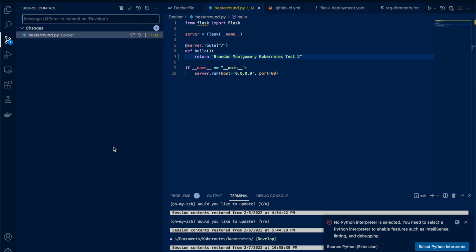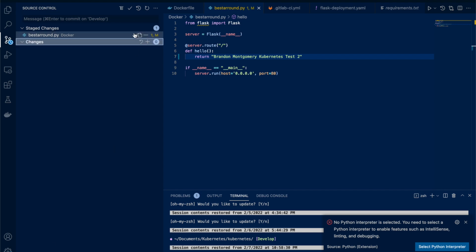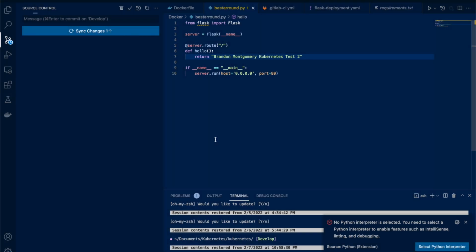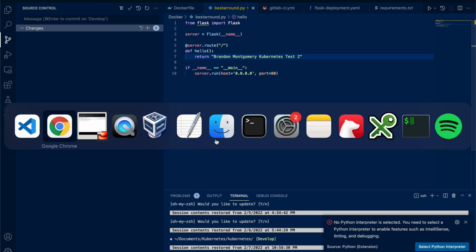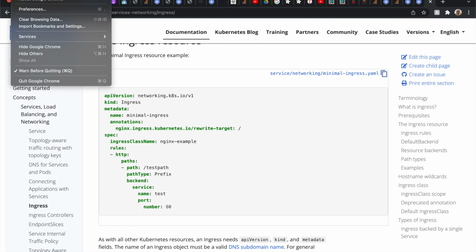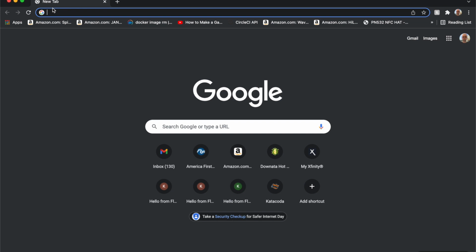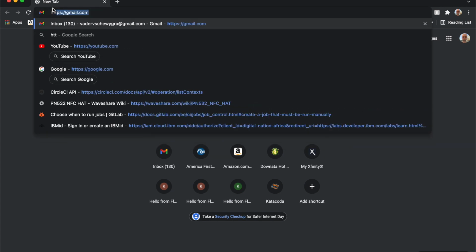As you can see, we're on the develop branch. Let's add that. We'll say test 2. Okay, let's upload that. Okay, so that should be done. Let's go over here. I'm actually going to open up a new window. So let's see what we're doing here. Now let's go to